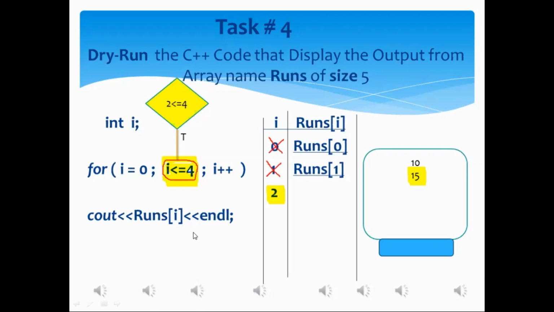Mr. Aftab, as we have seen, the condition statement within the for loop statement gets true. If the condition statement within the for loop statement gets true, now the question to you is where the control of execution will be shifted. Sir, to the associated for loop statement, that's the cout statement. Okay, the control of execution will be shifted to the for loop associated statement. Your answer is correct, my dear.